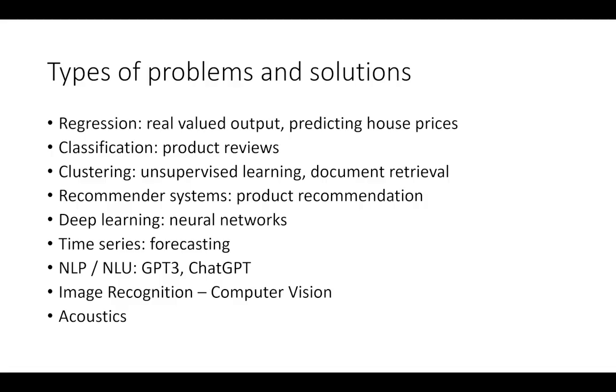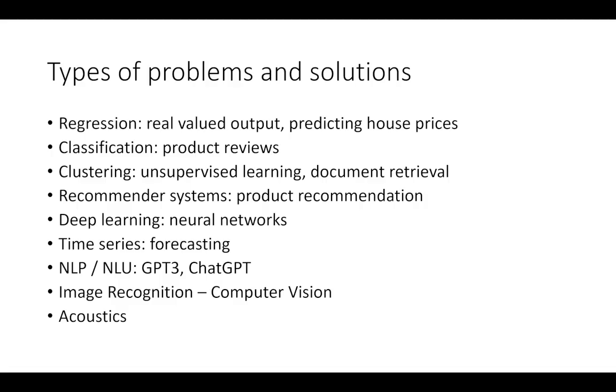In case of unsupervised learning, you don't have that. For example, it could be document retrieval, where you don't know upfront what is the category of a document. You are given a whole slew of documents, and you want to find out whether it's a technology or a finance related document. That is one example of clustering.